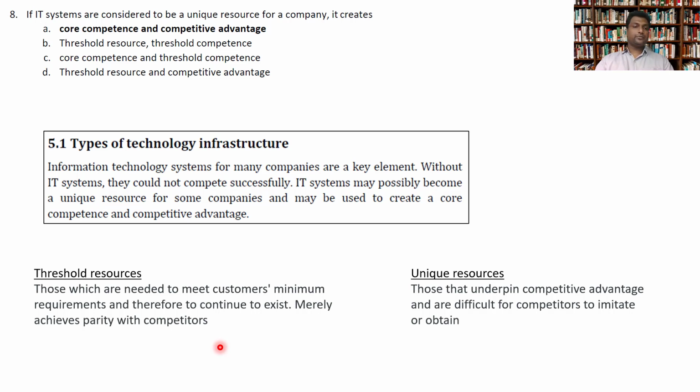So for example, if one organization doesn't have an online platform to sell the products, so people have to come to buy this to a physical store and do payments there and take the product. And if another organization, other than having a physical store, also has an online web page where people can buy the product and pay using the web page payment gateway, that organization is having a unique resource which most of the other organizations are not having. So it will give the core competence and competitive advantage to such organizations.